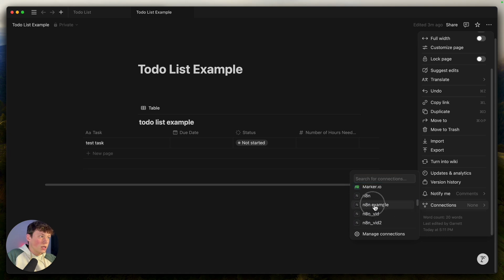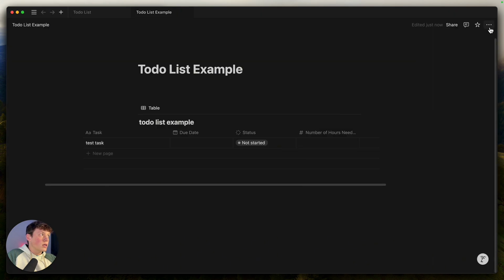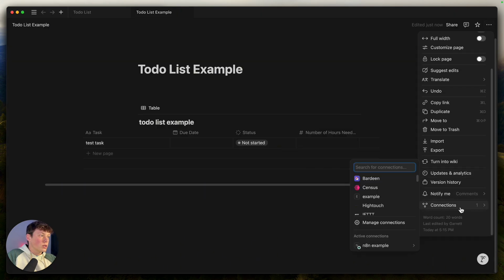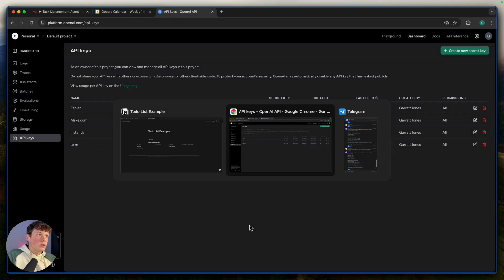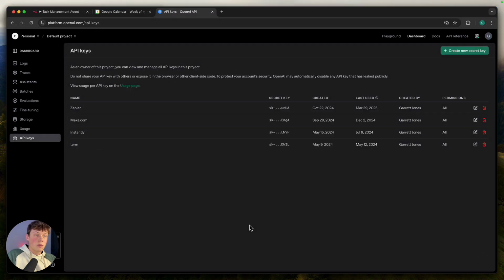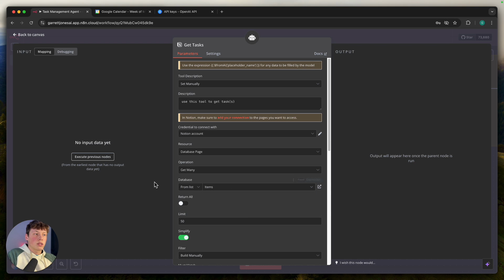So mine was N8N example. Click confirm, and then that will add a connection. So you can see we now have one connection here, and we'll add it to the bottom there. This might take a minute to actually update inside of your N8N account, so if it's not populating right away, just give it a second. But we can go back to N8N,